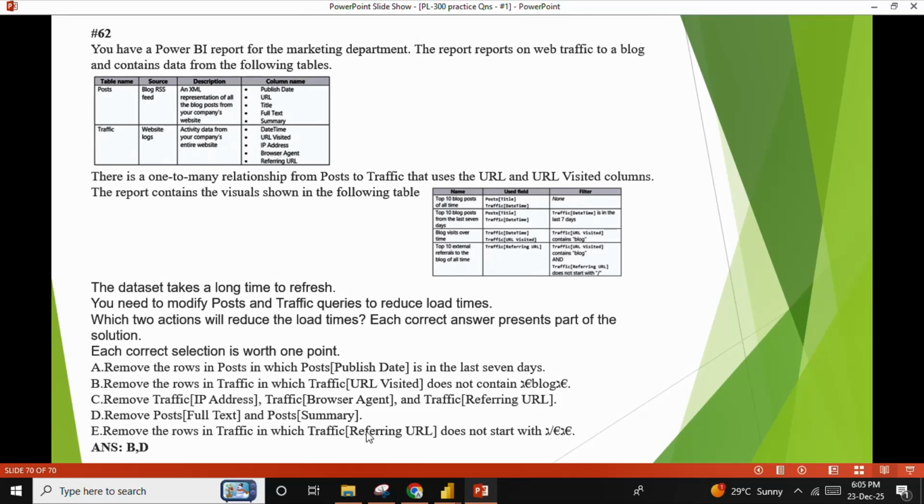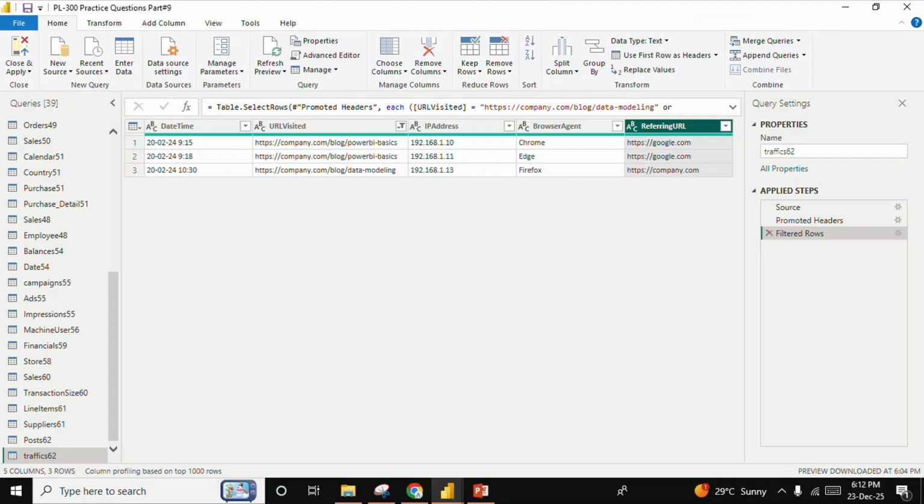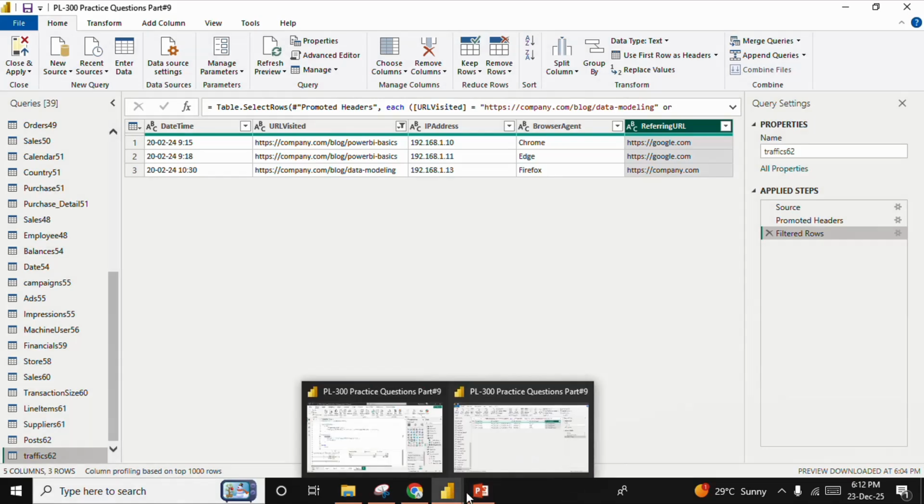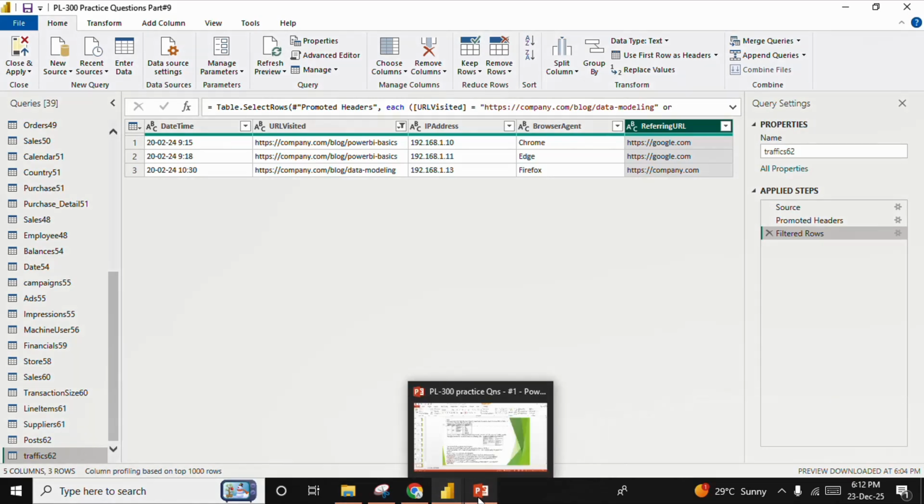Remove the rows in traffic where the URL does not start with a slash. No, this option is also not correct, because here the valid URLs do not start with the slash. If we remove this, the data will not be meaningful. So option